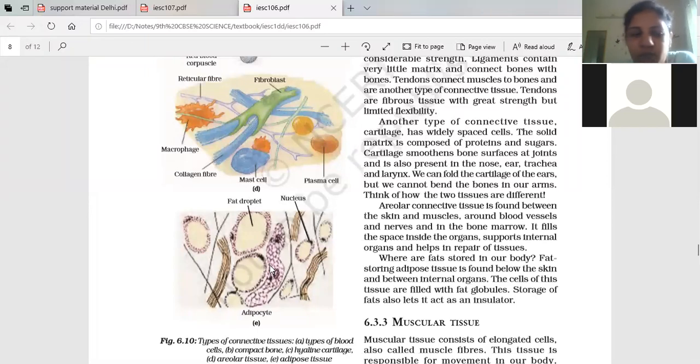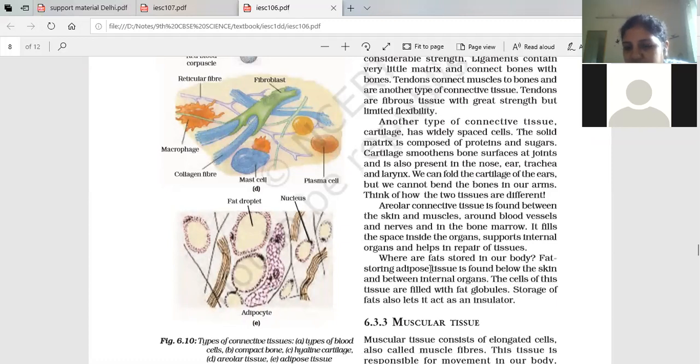Insulation, just like we provide insulation in our house so that air movement will not take place. So in winter the house will remain warm, and in summer it will remain cool. The same way, our body also has an insulator to maintain body temperature. In summer it should remain cooler, and in winter it should remain warm. That happens due to the presence of this fat tissue, adipose tissue. These are present just below the skin.